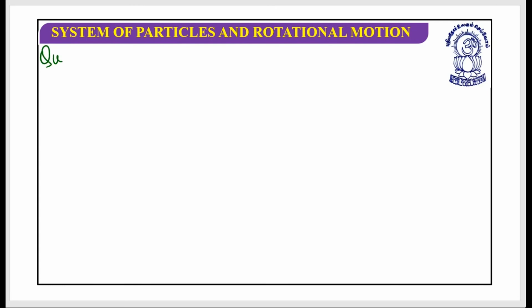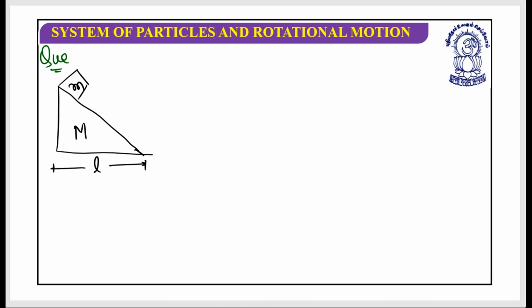Let's look at this question. The question says, let's suppose this is a wedge having mass M, and on this wedge a block of mass m has been placed. This is the length L. All the surfaces are smooth. It says find out the displacement